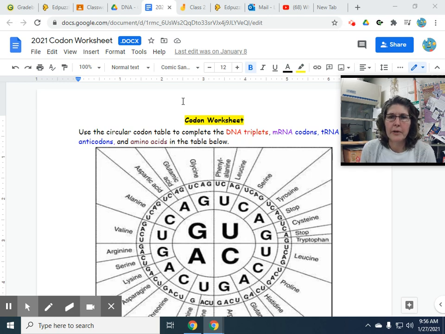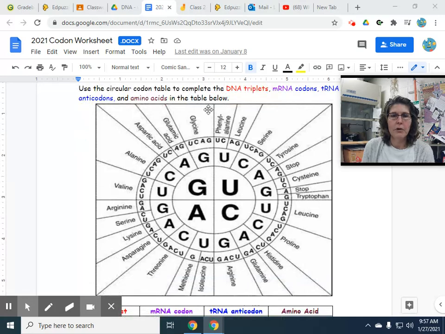So today you guys are going to be working on what is known as the Codon worksheet. So you'll see this little chart, and we talked about that in the video in class the other day. Within this particular worksheet, you guys are looking at DNA triplets, every 3 base pairs in DNA, messenger RNA codons, every 3 base pairs in messenger RNA, and tRNA anticodons, every 3 base pairs in tRNA. And that will also help you guys to decide or determine your amino acids, which you see on this table